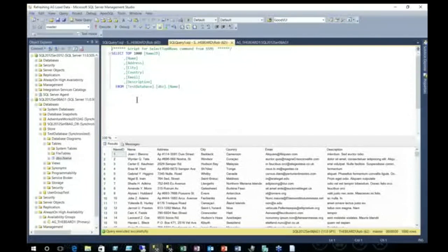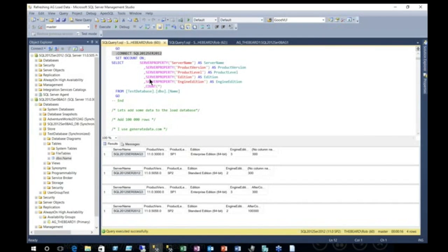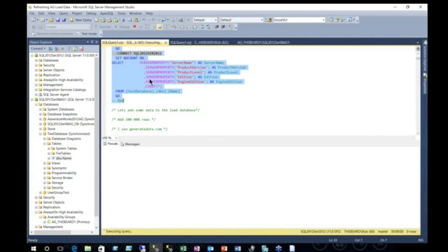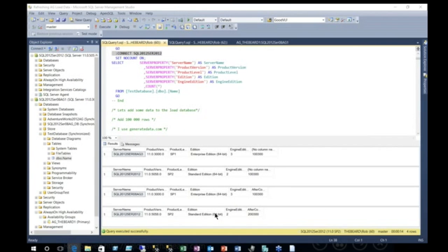So if we have a look at our load database, you can see, hopefully when Zoom catches up with you, that both databases have got 100,300 rows in that particular table. What we're doing at the moment is adding some data to the load database, and that's very bad. What I use to do that is a website called